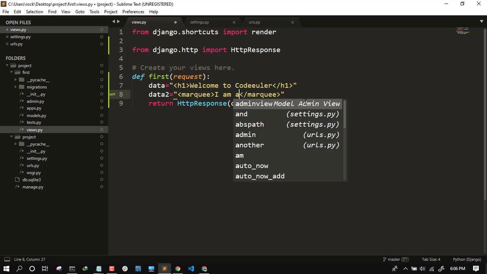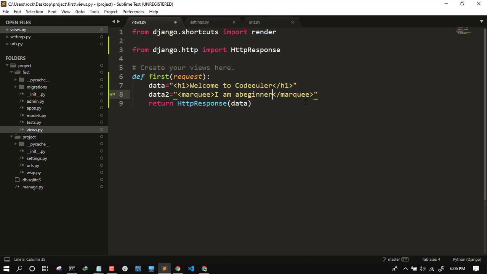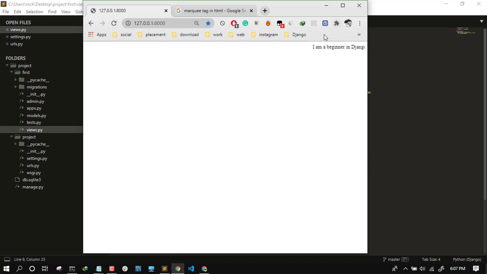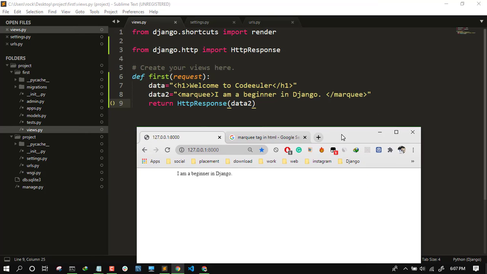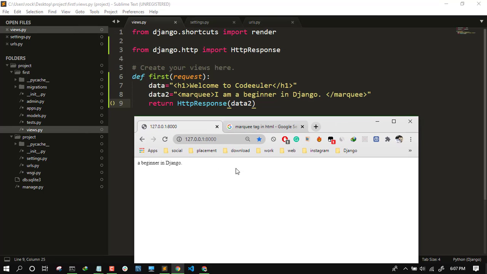I am a beginner in Django. When I apply the marquee tag, the data which is present inside data 2 moves automatically.